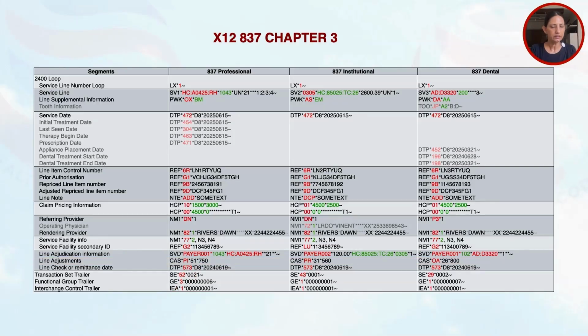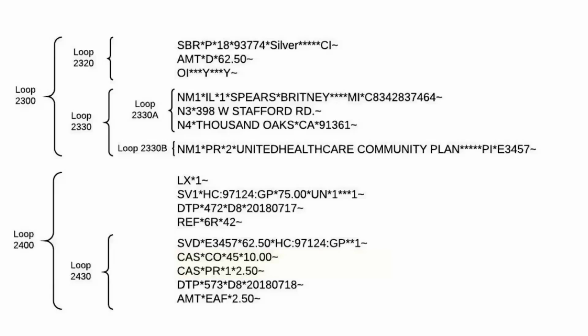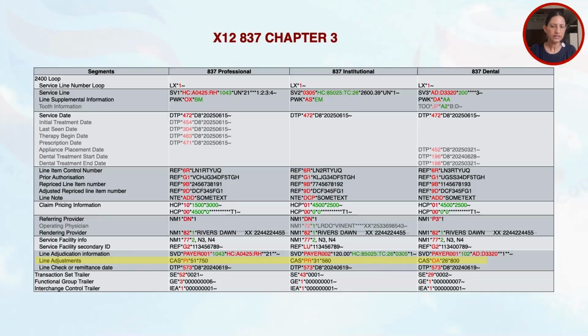As we already learned when we did chapter 2, the CAS segment is for adjustments, if any, from the prior or the main payer. This adjustment causes the amount paid to differ from the original charged amount. Here, this CAS segment in the 2400 loop refers to the line level adjustments that are made. In chapter 2, we already saw the values that can go in the CAS01 segment and also the possible adjustment reason codes for the CAS02 segment.